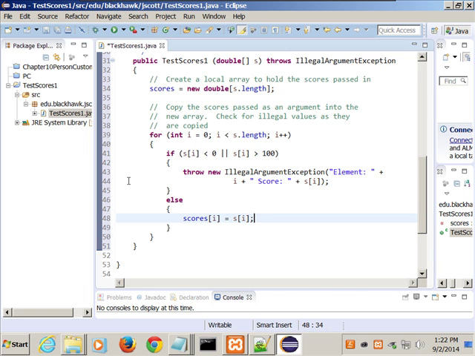Again, if you take just a second and look up here, in English, what this is saying is I want to do a copy. However, if what I attempt to copy here is out of range, if it's less than 0 or if it's greater than 100, notice what I'm doing. Throw new illegal argument exception. All right? We're going to talk about this in much more detail on Thursday. That's it for the constructor.